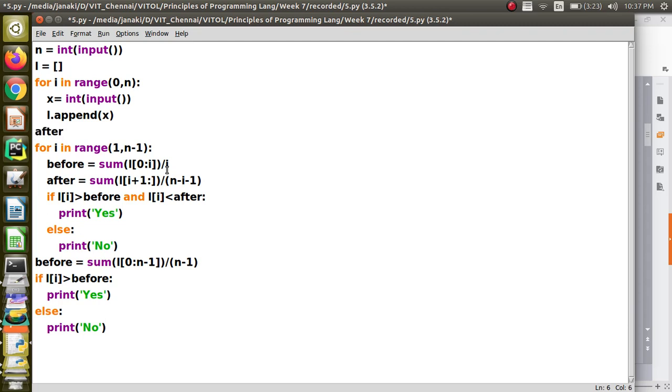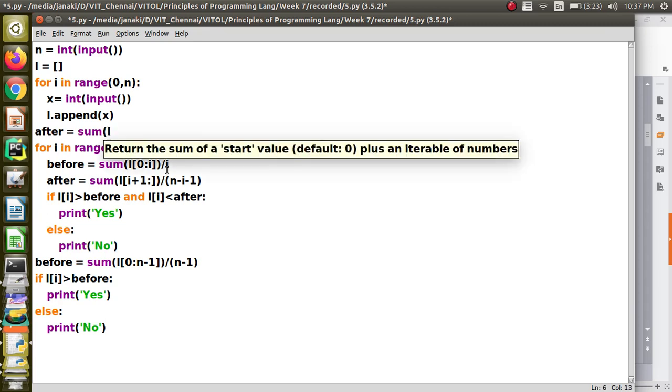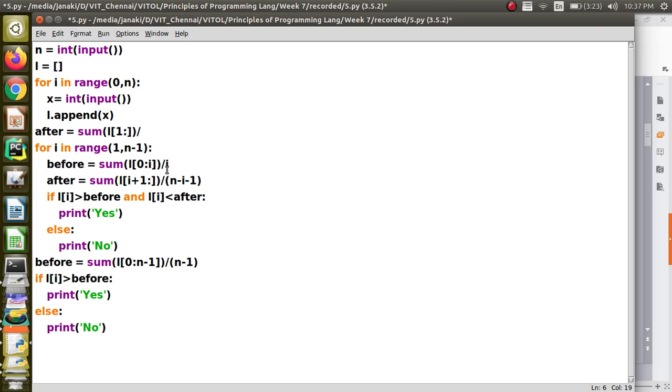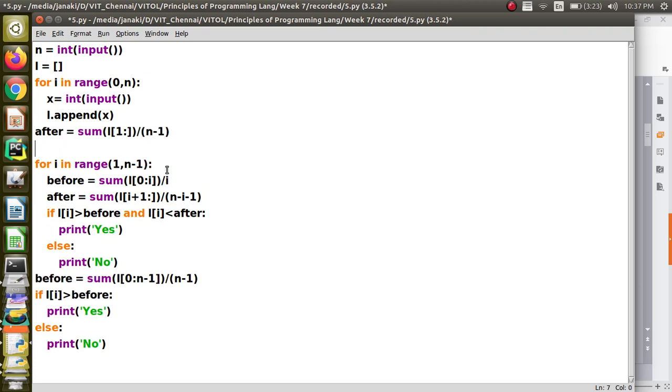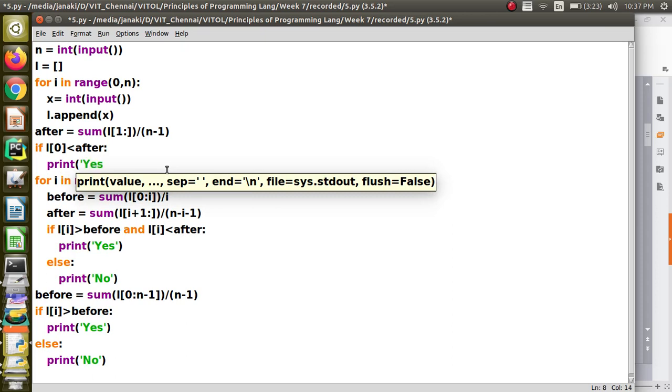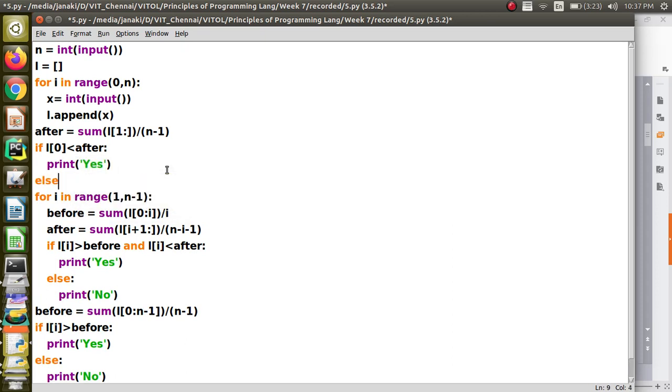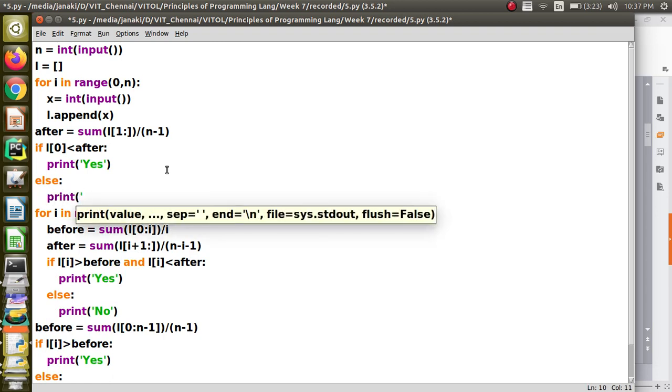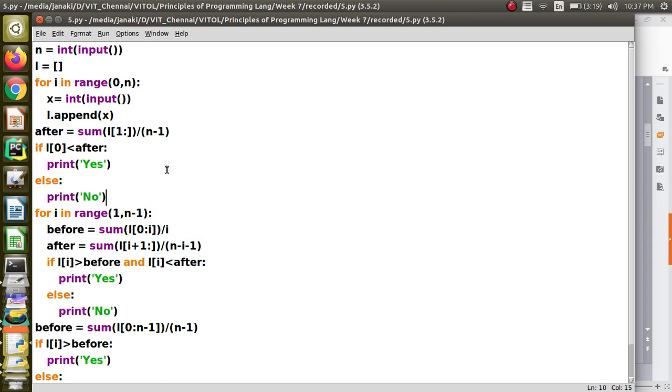So after will be equal to, for the first element, from L of 1 to the end, divided by n minus 1, and you are going to check if L of 0 is less than after, then you will print yes, otherwise I will print no. Hope this works.